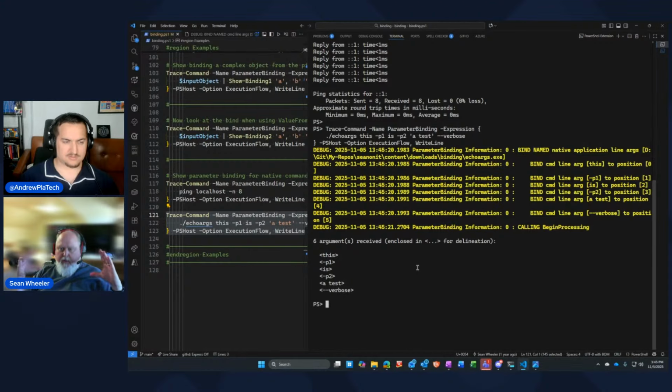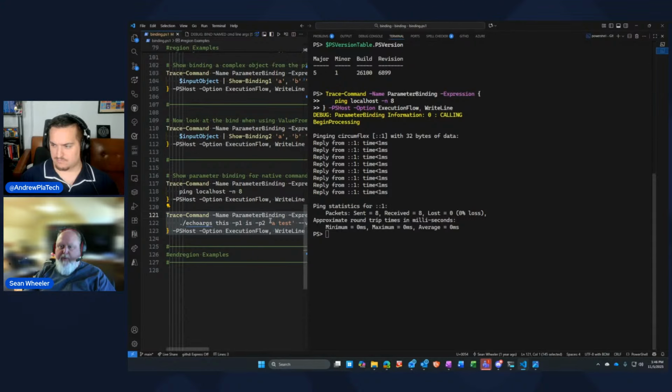And with the angle brackets, you can see where it begins and ends. So if there's leading spaces that are missing or whatever, if the quoting didn't work, you can see where the quoting failed more easily. And so that's what it looks like in PowerShell 7. If we run the same thing here in 5.1,